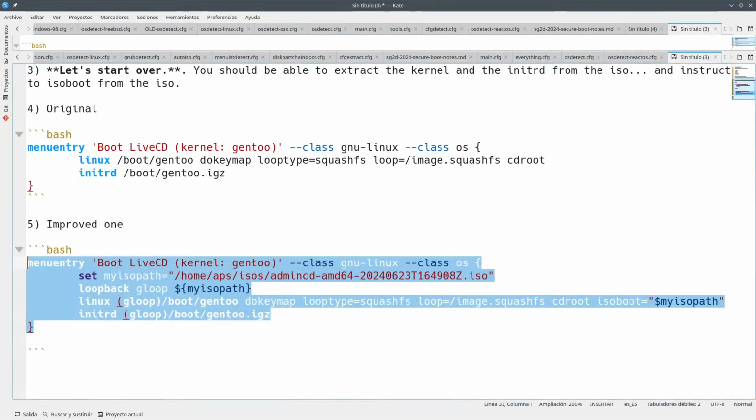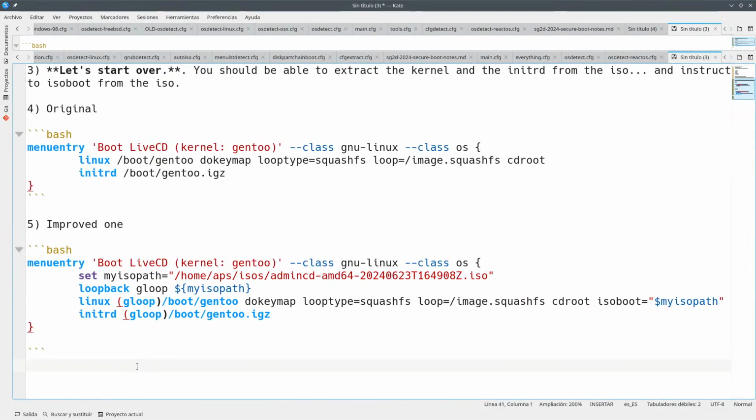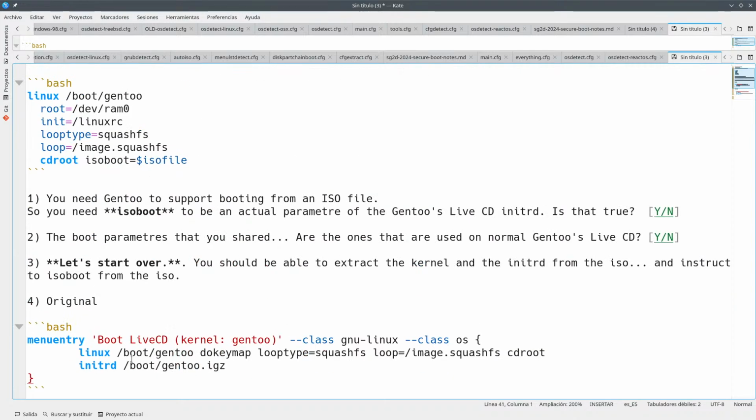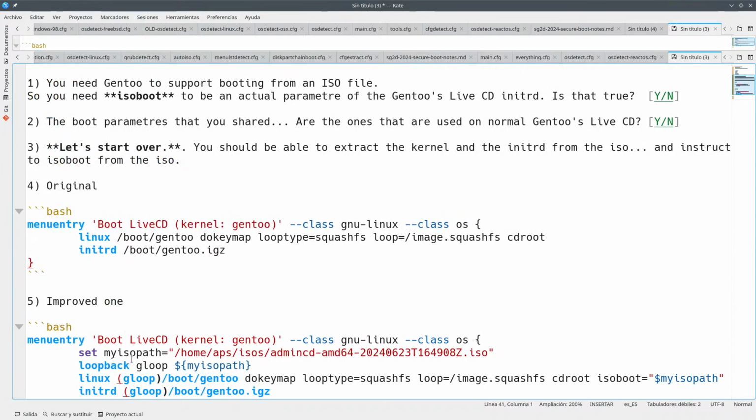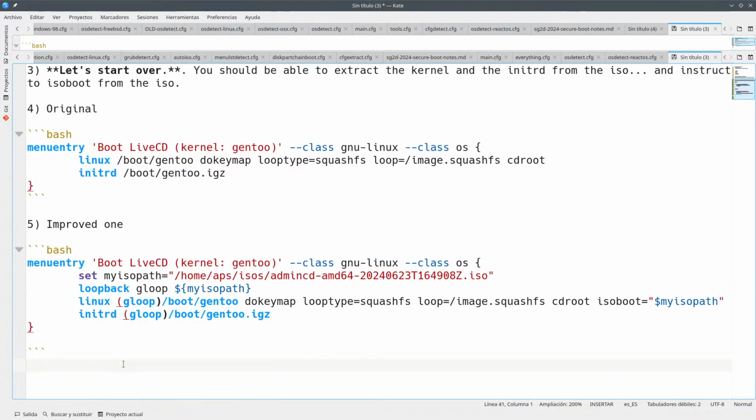So that's it. What I want to ask you is I want you to contribute to Gentoo, either by doing it yourself or by asking someone to do it, which is the loopback.cfg.